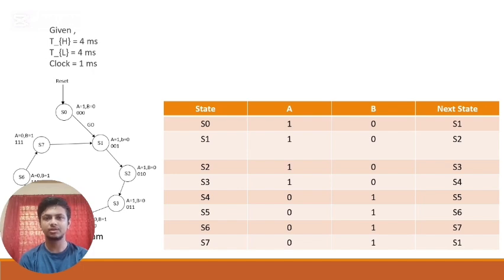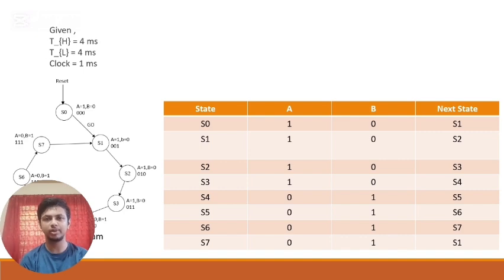States S0 to S3 correspond to outputs A1 and B0, and S4 to S7 to A0 and B1, controlling the parking system outputs. Each state transition occurs based on clock timing parameters defined with TH for milliseconds and TL for milliseconds, creating a